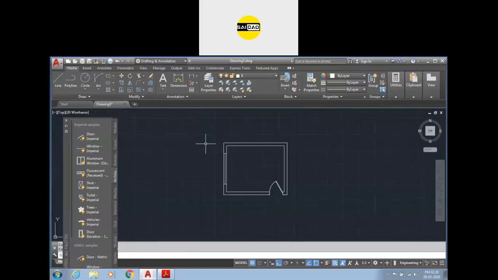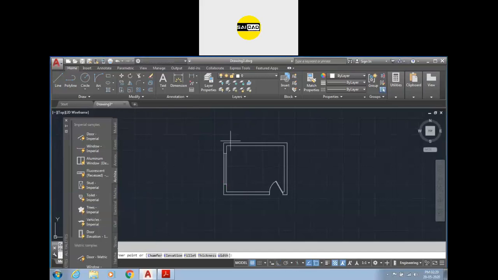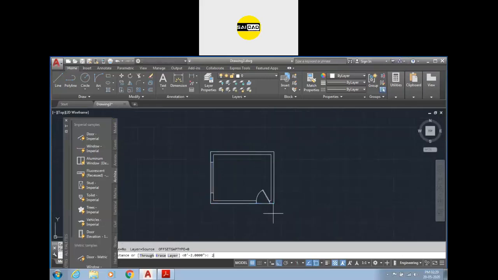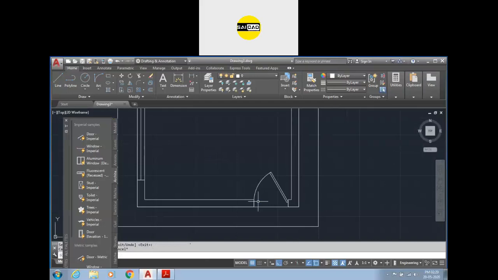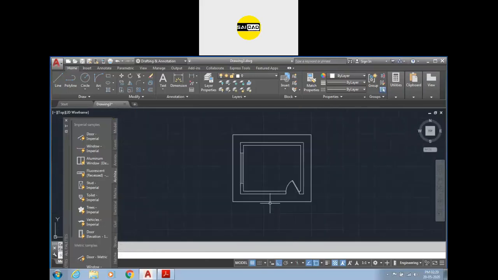If you want to show its length, you can just create an offset. First you have to create a shape that is similar to the room. So I'm going to create a rectangular shape from here to here and create an offset of 2 or 2.5 feet, whichever you need, like that. This will be its length, like that. If you want to specify a floor, you can similarly specify the floor also.